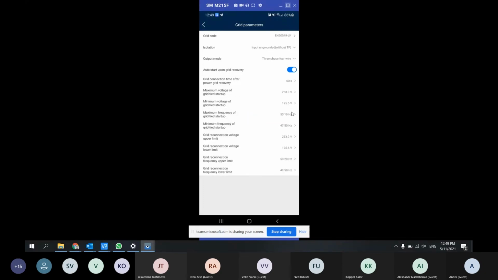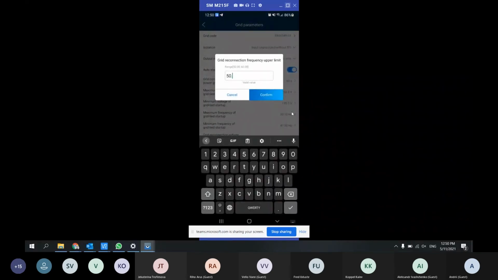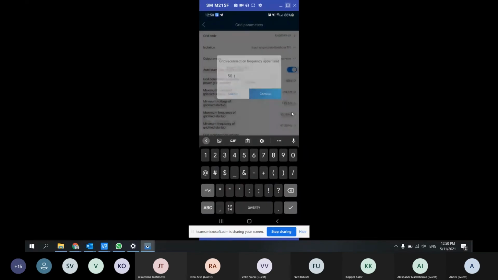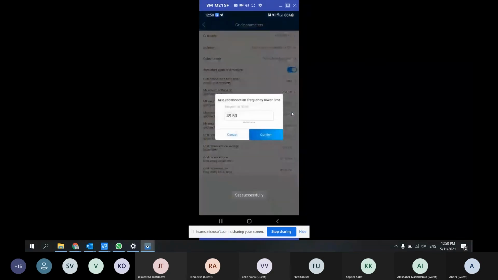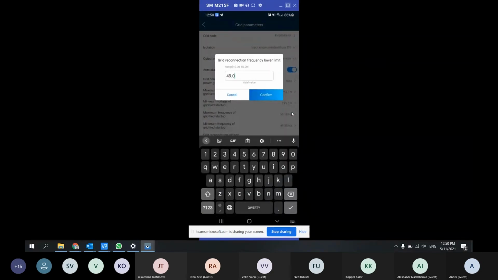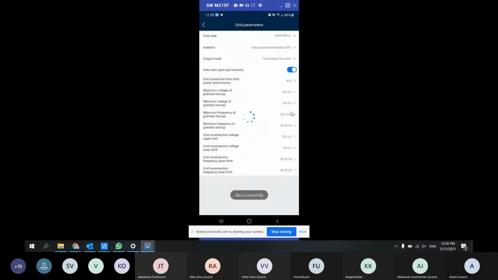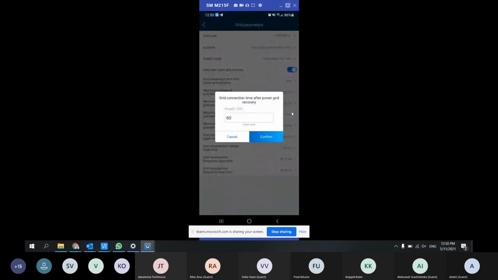So according to your requirement, the grid reconnection upper limit is 50.1. Confirm. Then the lower limit is 49.00. Confirm. Here the remaining time is 60 seconds.